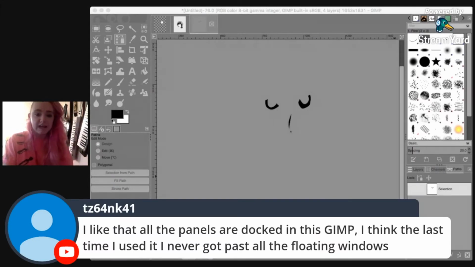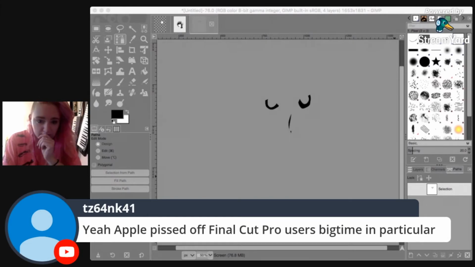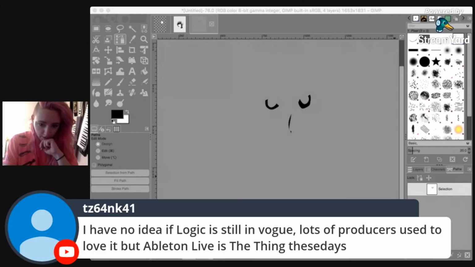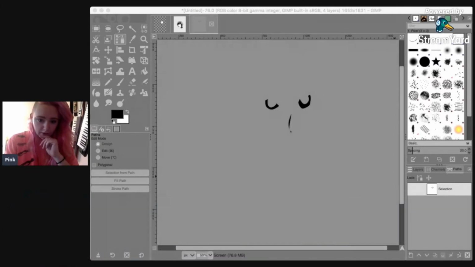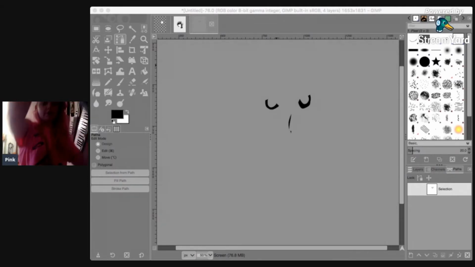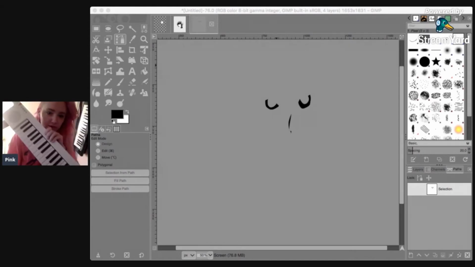Yeah, it was really dicey in like 2008 when I used it before, and it's just 600 floating windows. And then I downloaded it for this last year, and it was so much better. Yeah, that's the thing. Apple used to be all like, oh, this is so cool, and we're so artsy. And now they're like, we are better than you, which I could get away with not having. I don't use Logic because it'd be $300, and every time I have $300, I just do stupid things with it. Why would I get Logic when I can just keep doing this?